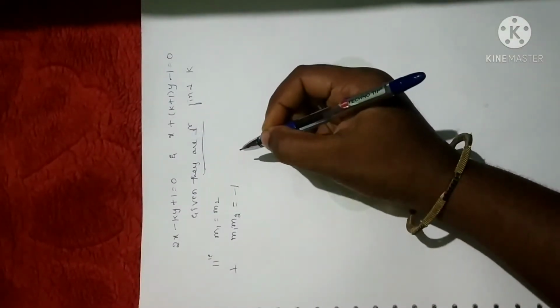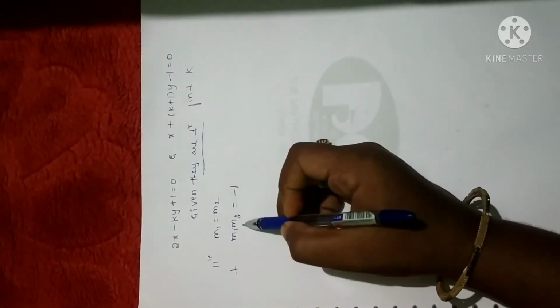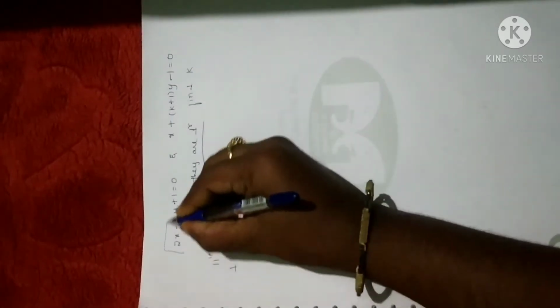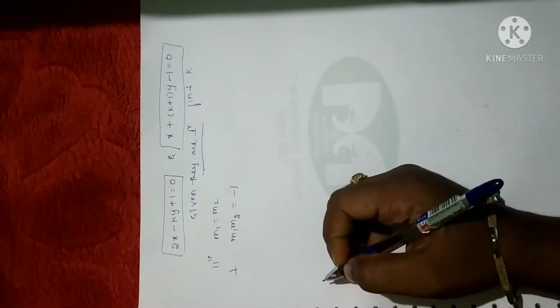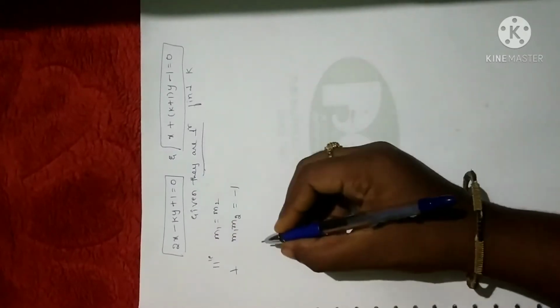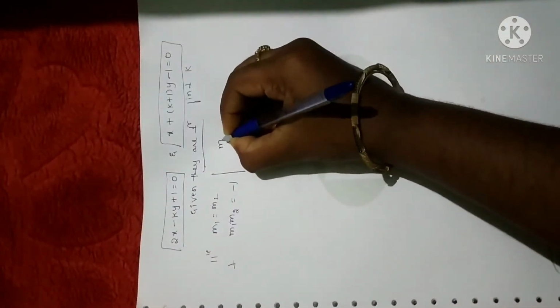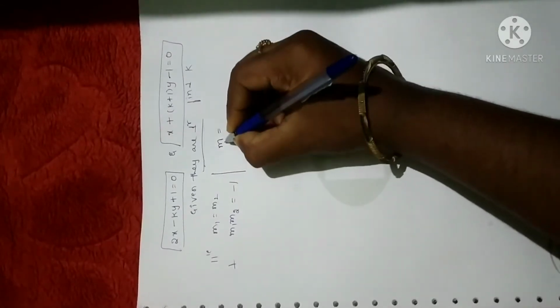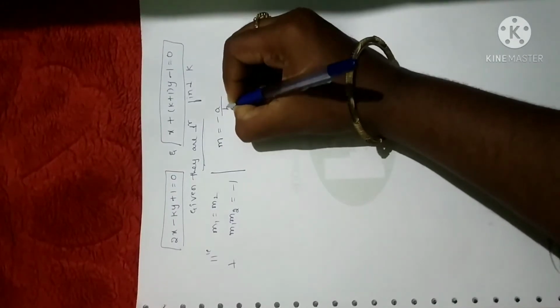No matter whether it is perpendicular or parallel, we have to find the respective slopes. But here, coordinate points are not given to us. What they have given is the equation of a line. So, given an equation of a line, how can we find the value of slope? When the equation of a line is given, we can find the slope in two ways. First, we can directly use the formula, m is equal to minus a by b, right?